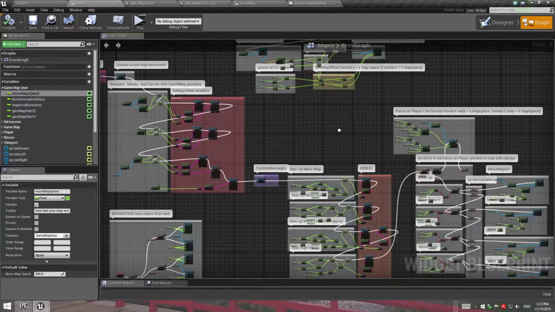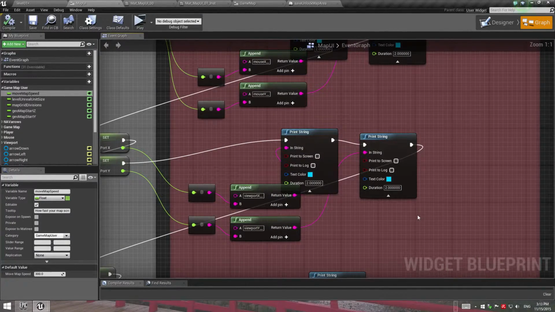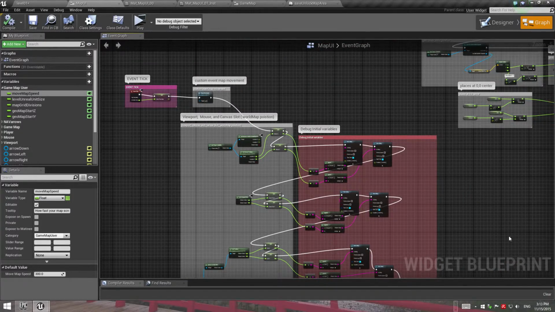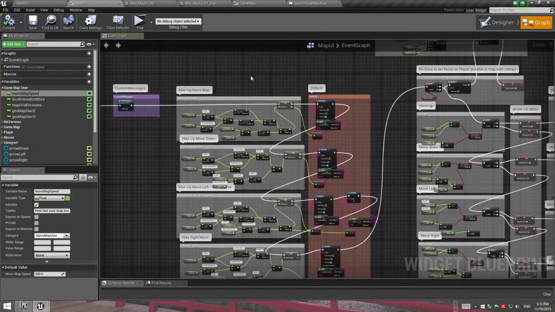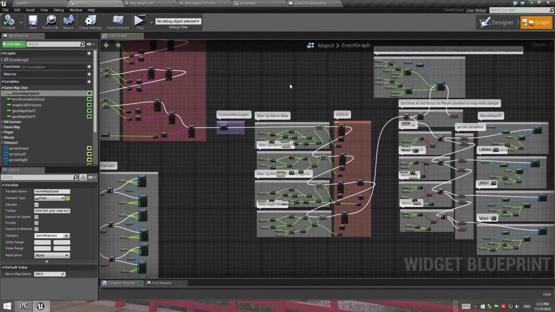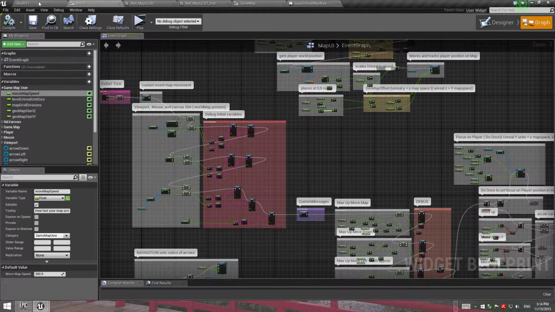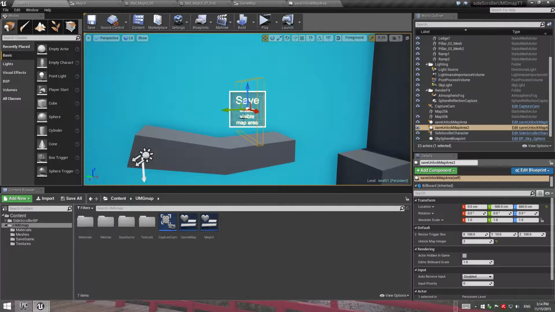The other interesting thing I left in here was in the red areas, this is all the debug information. If for some reason you wanted to print that to a screen, you can see what I've done here, and you can kind of reverse engineer how this has all been done and see these debug variables in there. I left that in there just so if you wanted to learn from it or put that on for any reason. Okay, so that will be all for the save game objects for now,